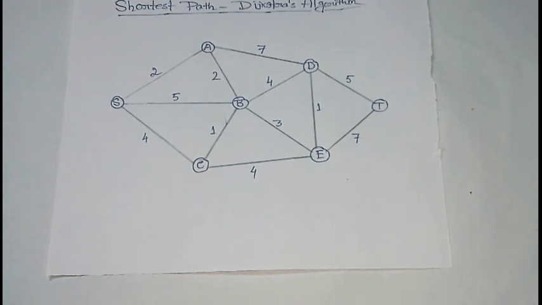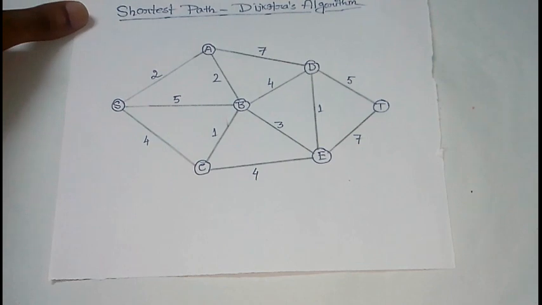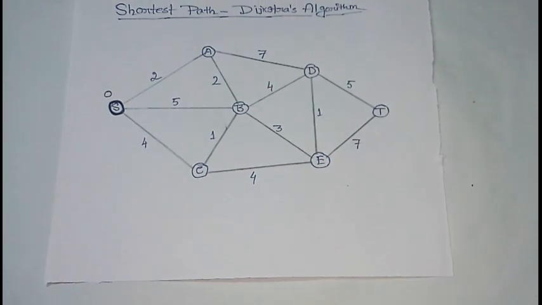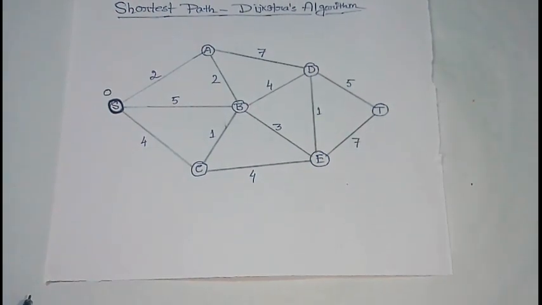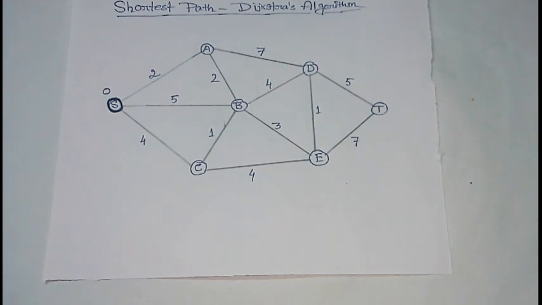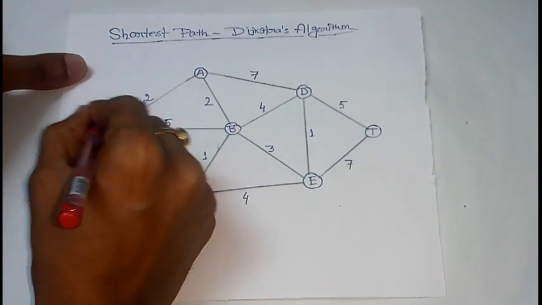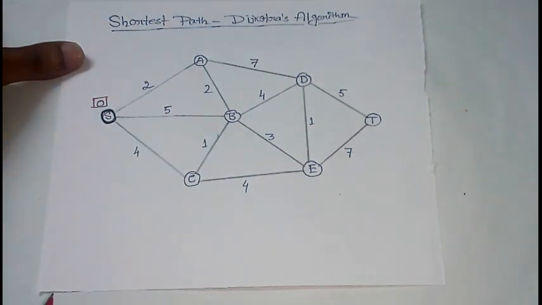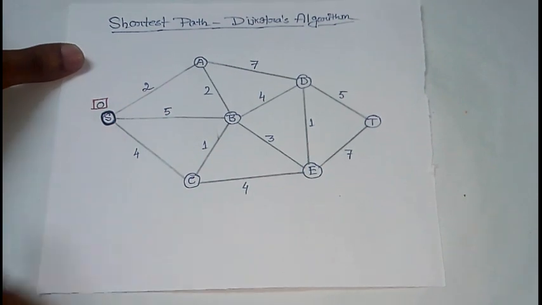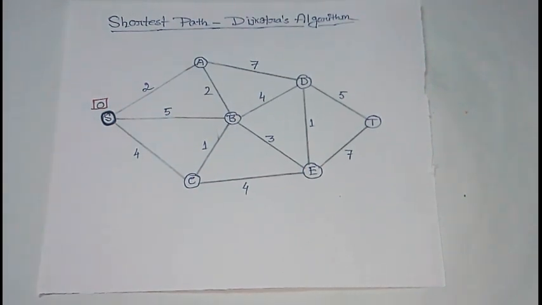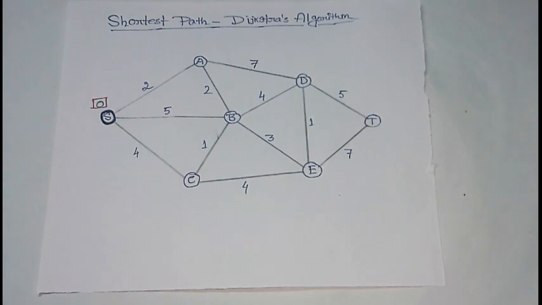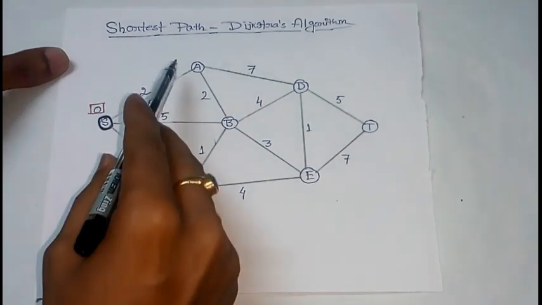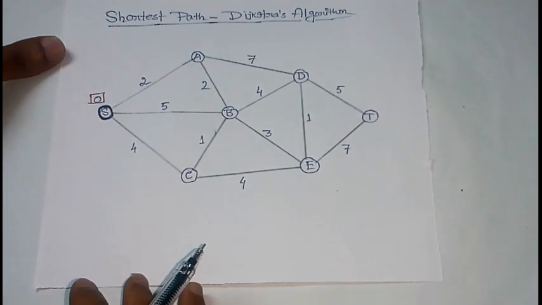So let us start. First of all, consider the vertex S. This is our starting vertex. So we first select this vertex S, and we give it a label which will be its permanent label. Here we give a permanent label, that means we are writing this label within a box. That means the distance from S to S is 0 units, which is obvious. Now in the next step, we shall consider all the vertices which are adjacent to S. So here you see that there are three vertices A, B, C which are adjacent to S.